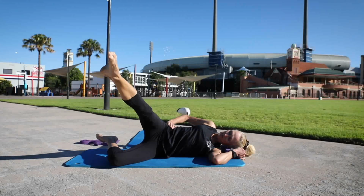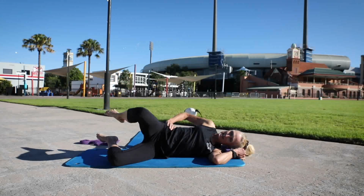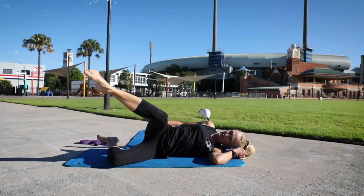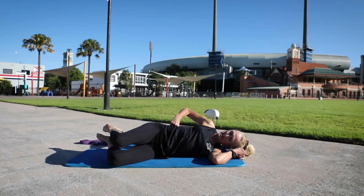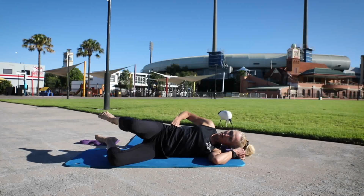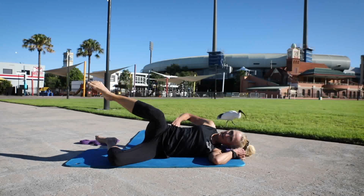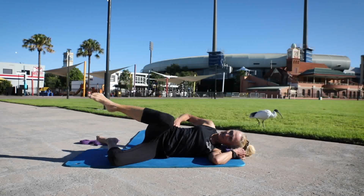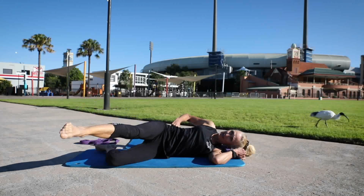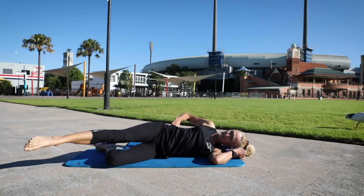Kick it out for 5, and last 5 and 4. So that butt should be burning by now. 3 more, push it out for 3 and 2, kick it out, and 1 more, lift it up, extend it out, drop the bottom leg down, and then take that top leg out to a diagonal and do 10 for